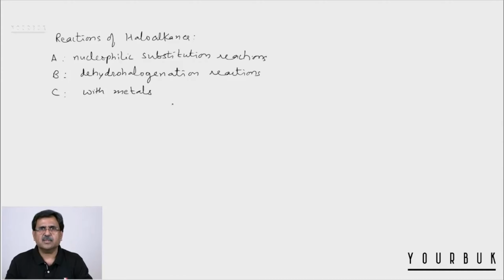Now we will start with the first category of reaction, and these reactions are called nucleophilic substitution reactions. When we say nucleophilic substitution, it means the X of haloalkane can be replaced by any electron rich atom or group. So this is haloalkane RX, and we are reacting it with some incoming nucleophile, Nu negative. It can be any electron rich atom or group. So the nucleophile displaces X from the haloalkane and gives RNu as a final product and X negative.